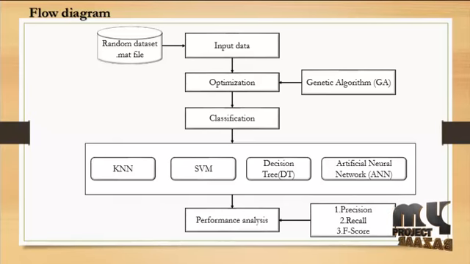And then SVM. The basic idea behind SVM is supervised learning, learning from the observations. It classifies by finding the optimal separating hyperplane in a high dimensional feature space, and constructs non-linear class boundaries. And then ANN, an artificial neural network, is a form of processing mechanism inspired by the biological nervous system.